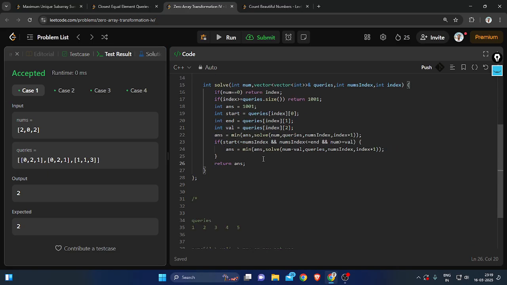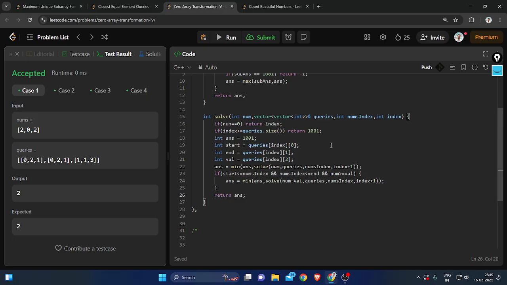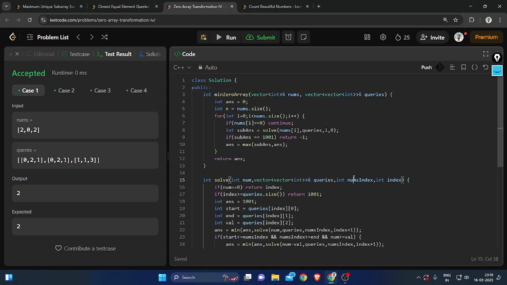This works, but we can minimize it. This will give us TLE. So we have this and this, right? Actually, not this. This is basically never changing. This is changing and this is changing. These are the two states